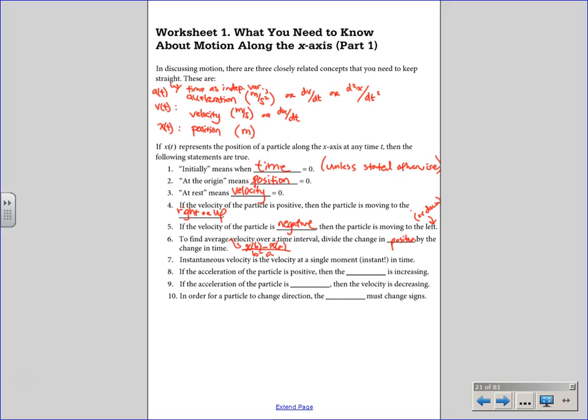Instantaneous velocity is the velocity at a single instant in time. What do I want you to show for this one? x prime of t, or dx/dt. Both of them have change in position over change in time. Just one of them is as a result of the slope of a tangent line or a derivative. The other one is as a result of you doing it like a slope of a secant line over 2 points.